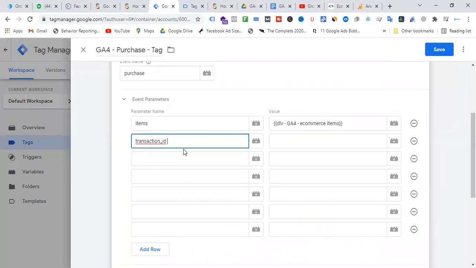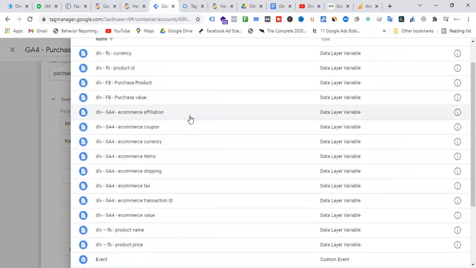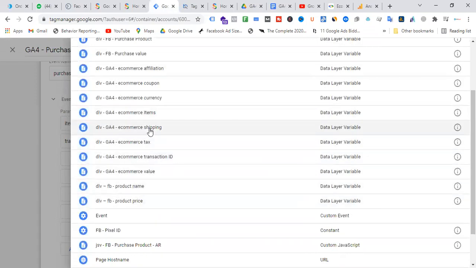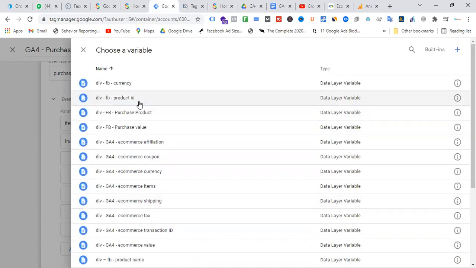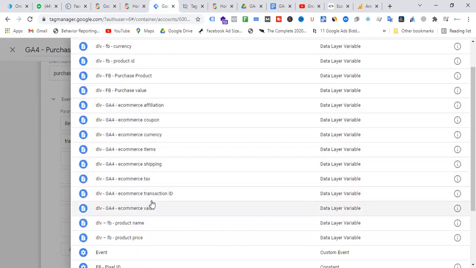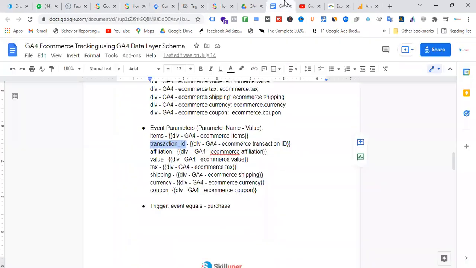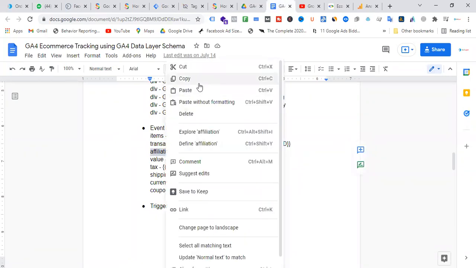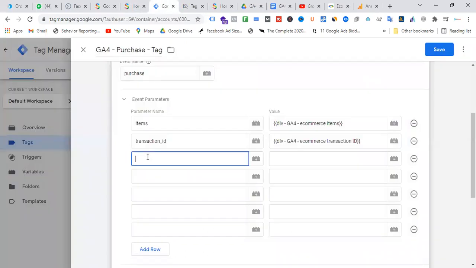Okay. Now transaction ID we have to use the same way. I mean, naming will be the same. Transaction ID. So how can I get the transaction ID? DLV GA4 transaction ID. Now we have to use affiliation. We have to use it that way. Affiliation.